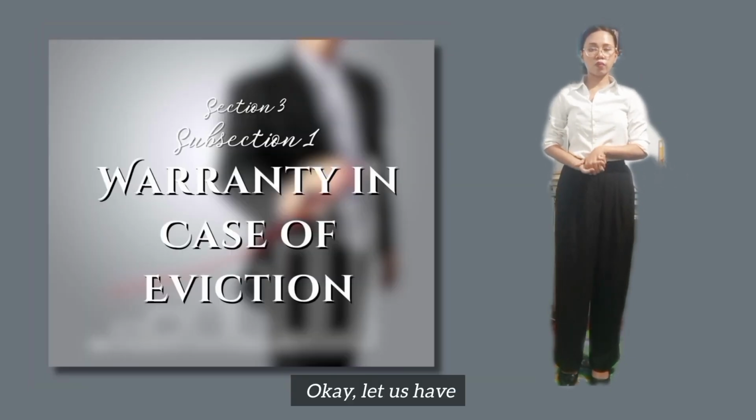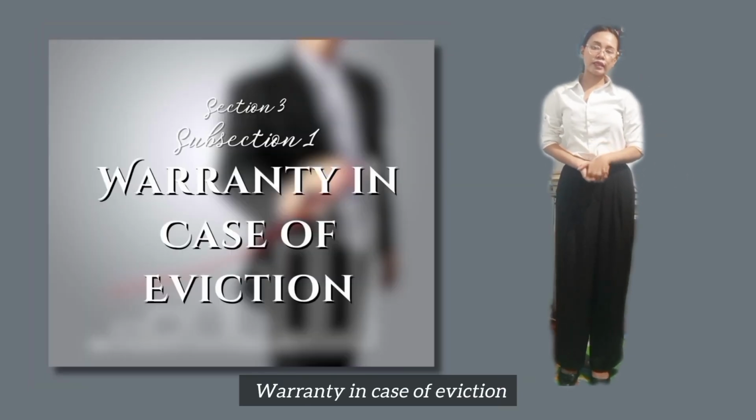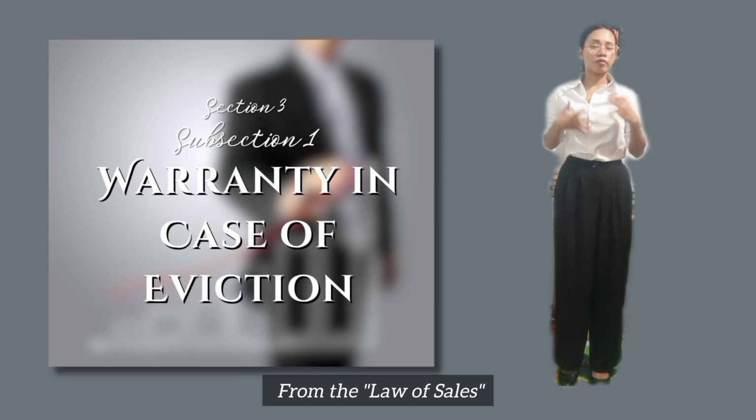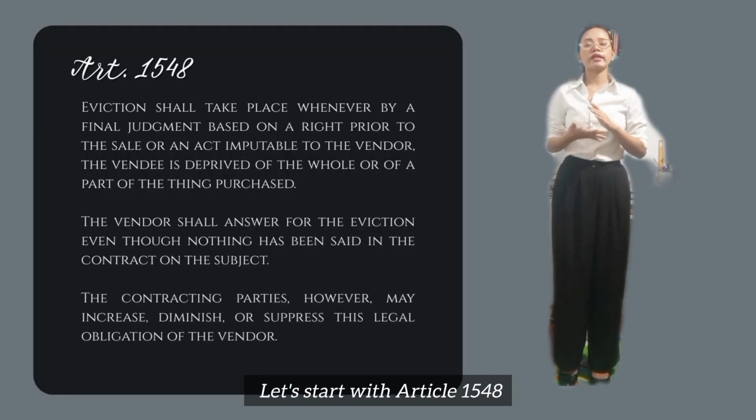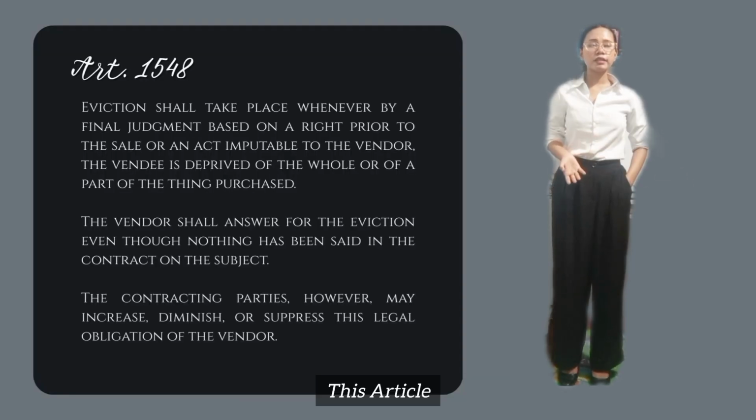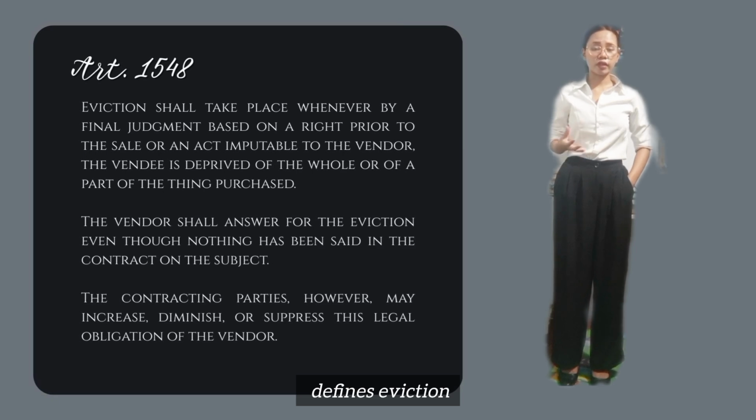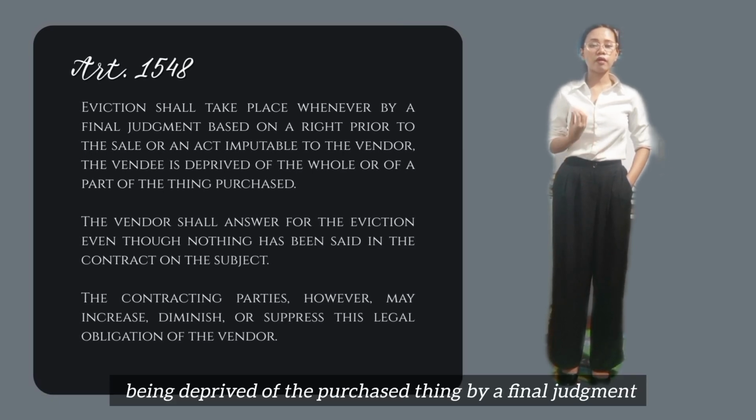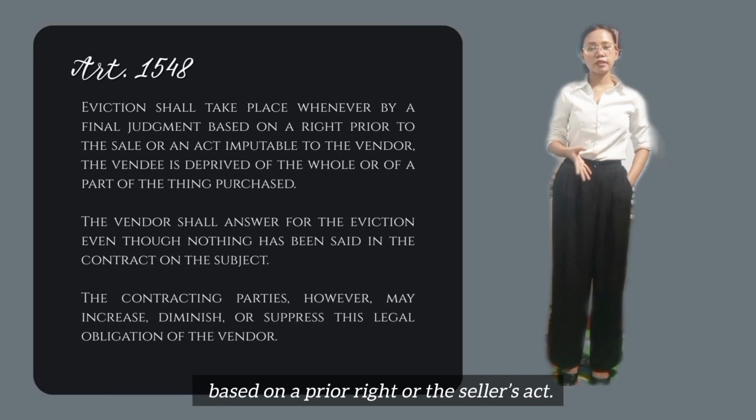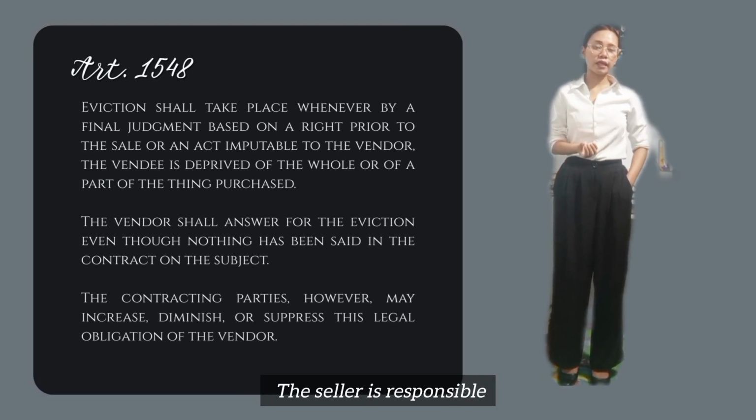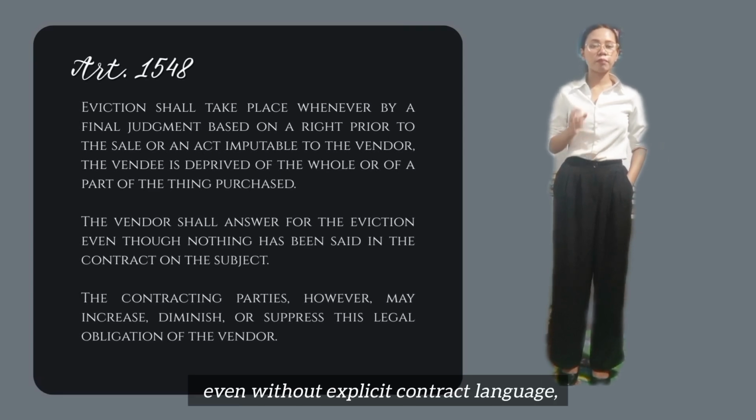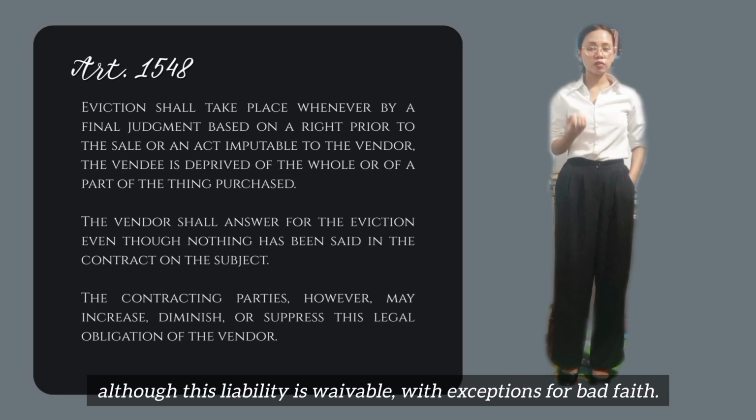Okay, let us have subsection 1 of section 3, warranty in case of eviction. From the law of sale, let's start with Article 1548. This article defines eviction, being deprived of the purchased thing by a final judgment based on a prior right or the seller's act. The seller is responsible even without explicit contract language, although this liability is waivable with exceptions for